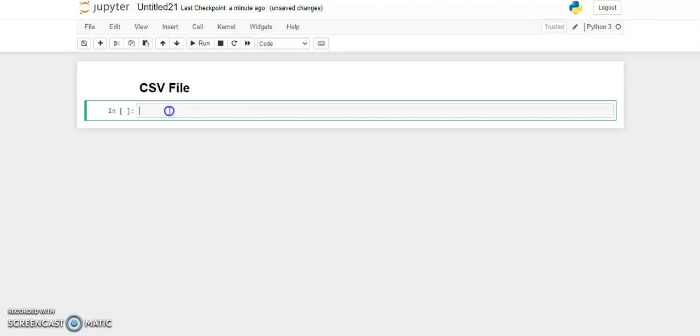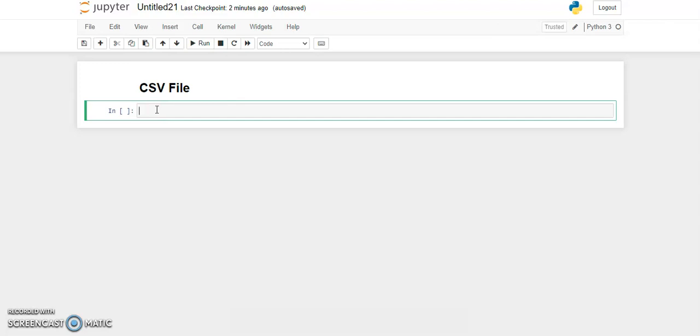Okay, because this file is used very frequently. So why do we use the CSV file? Because if you see any data science project, mostly the data are in the form of a comma separated file or CSV file, and CSV files are easy to understand and easy to create.